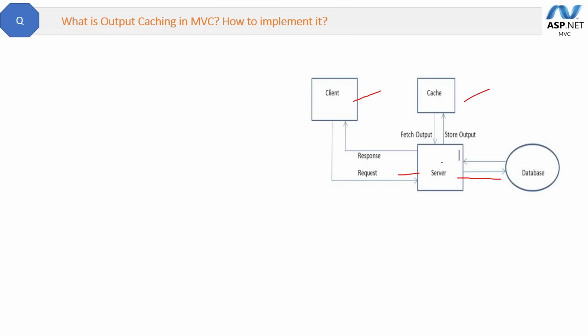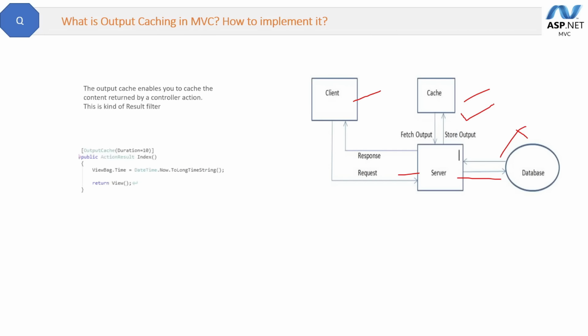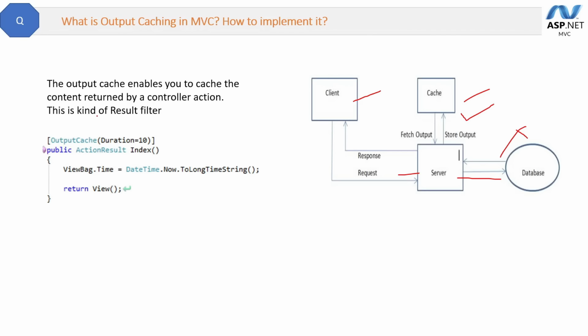And the cache can be inside this server only or in the web form, so that it is easy to access and it is fast to access the data from the cache. Now the next time the client requests this data, instead of going to the database, the data will be retrieved from the cache. And since caches are small and are on the web server only, they are very fast in comparison to the database. So now coming back to the question, the output cache enables you to cache the content returned